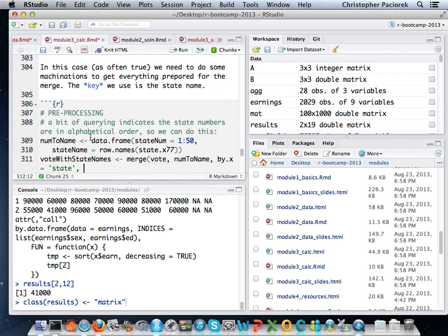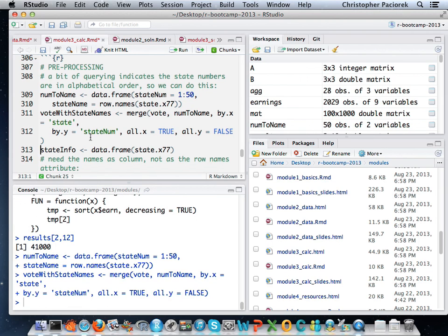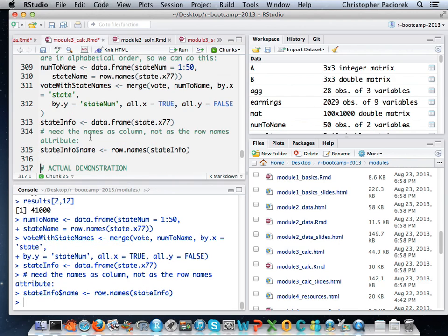So there's a bunch of pre-processing here, which is often the case when you're trying to merge stuff. You need to get the columns to be the columns that you need, and the naming to be similar. And if they're factors, you need to make sure that the factors in the key field in one data set and in the key field in the other data set have the same number of levels, even if some of the factors are not represented in a given data set. So I don't want to go through all of the machinations that I did here to set things up, just because it's a lot of pre-processing.